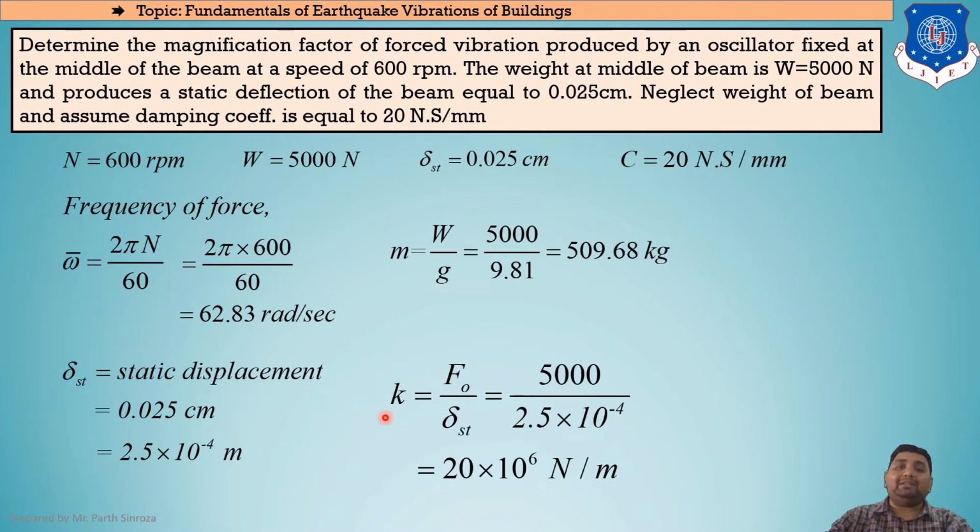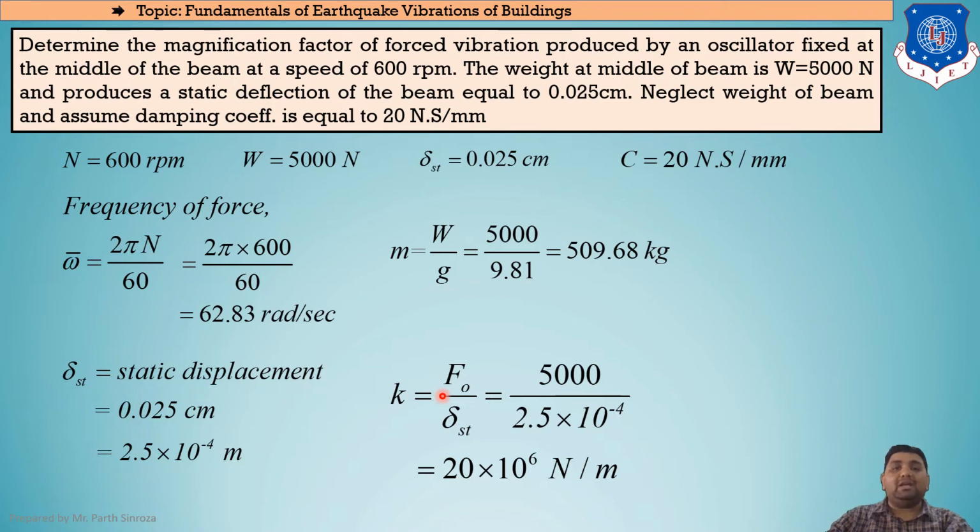Now k can be found in two ways, that is omega equal to under root k by m, but we don't know the value of omega. We also don't know the positioning of this beam, that means whether the ends of the beam are fixed or hinged. It is not given. It is just given that the oscillator is connected to the center of the beam. But if the graphical image of the beam is not given in the question, we cannot identify the end conditions of this beam, either free on one end and fixed on another end, that means it is the form of cantilever or fixed.